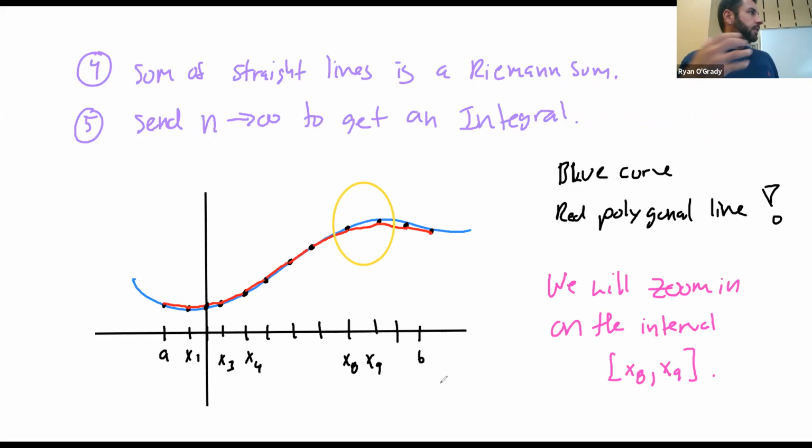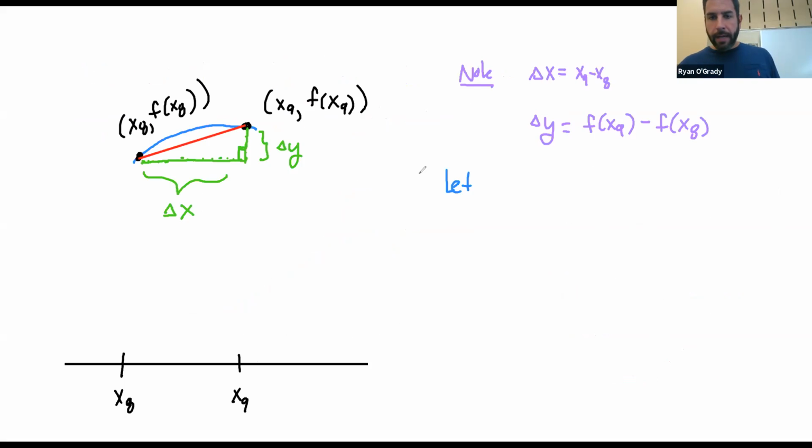So I'm thinking of this as x sub 9, or the 9th piece of my polygonal line. So I'm going to call that L sub 9, L sub 9 equals the length of the blue curve